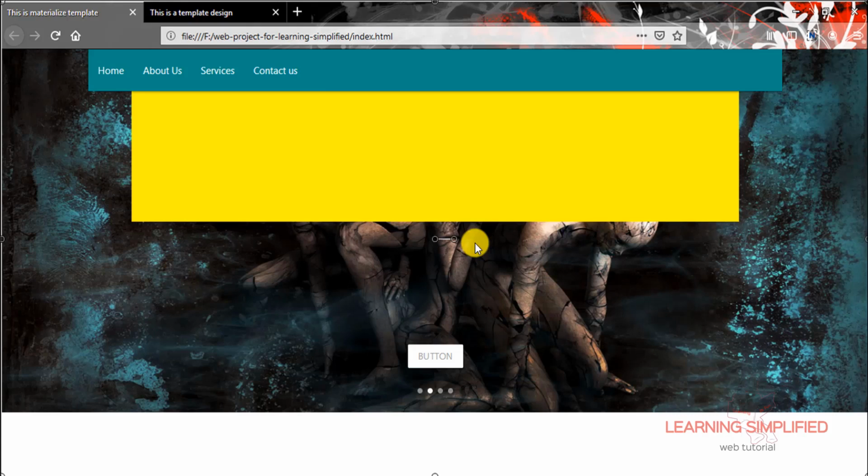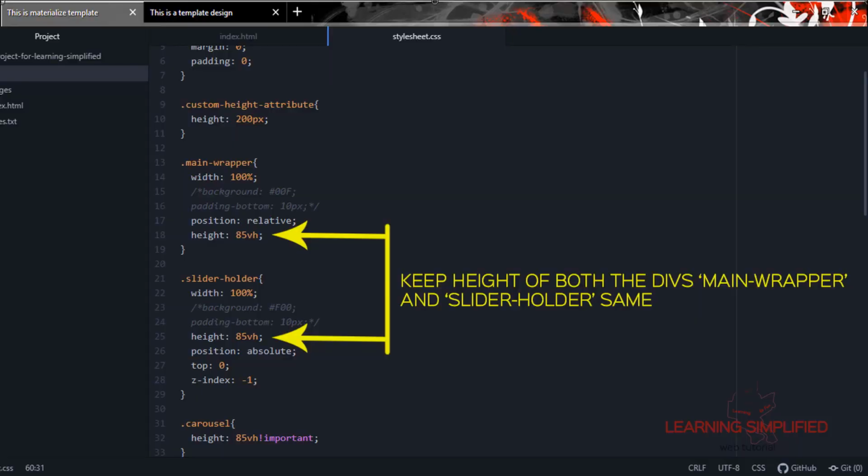In order to rectify this problem, all we need to do is set the height of this particular mother wrapper to the same height that had been set previously in case of that individual slider holder.